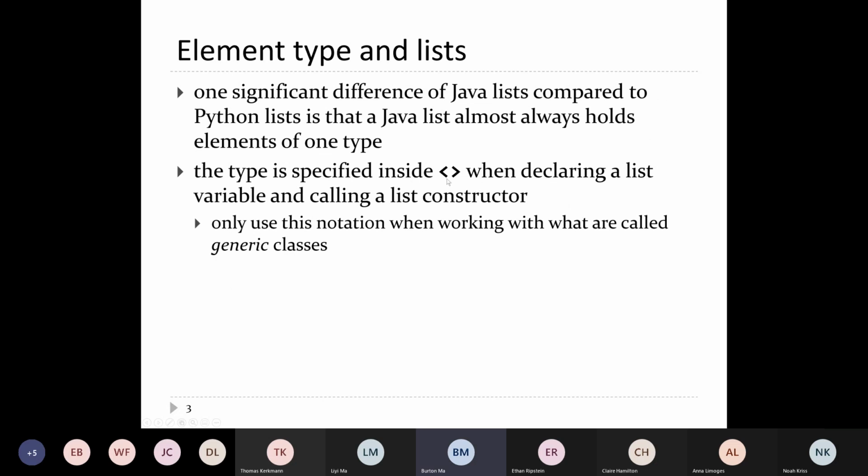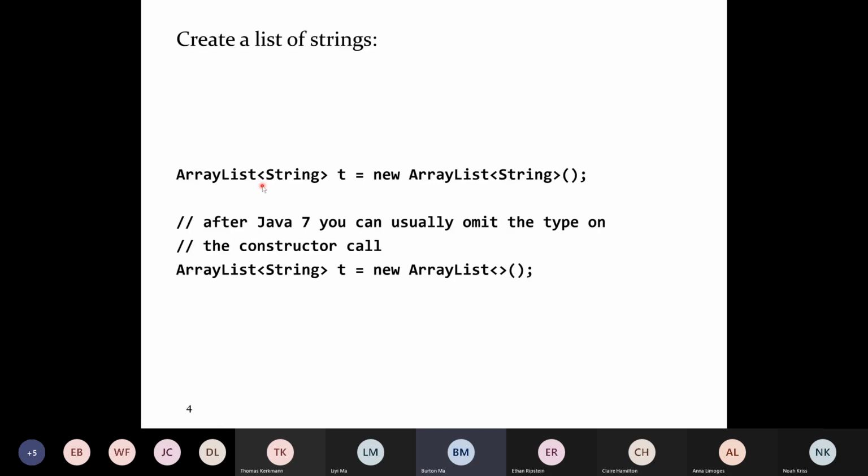The list type in Java is what's called a generic type. So you have to specify the type of element that you want to place in the list. And the way you do that is with the diamond operator. It's easier to show you an example. If I want to make a list of string, then the full type name is ArrayList less than string greater than. Call the constructor, it's ArrayList, and then less than, and then the same type that's on the